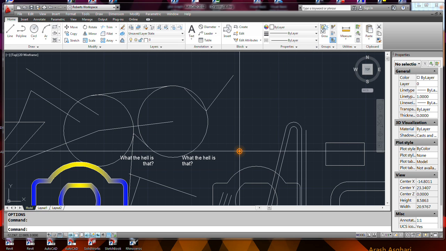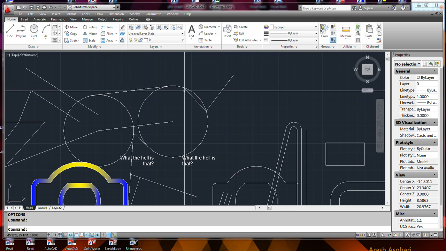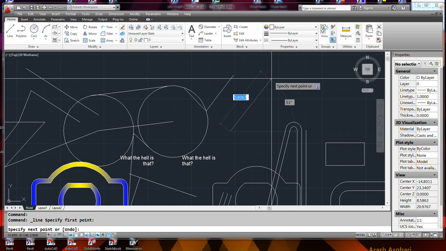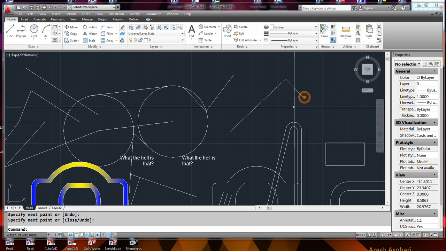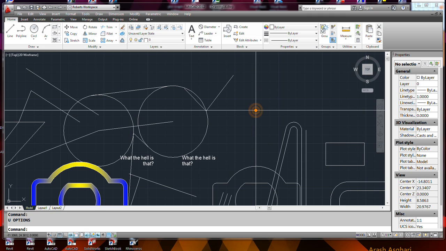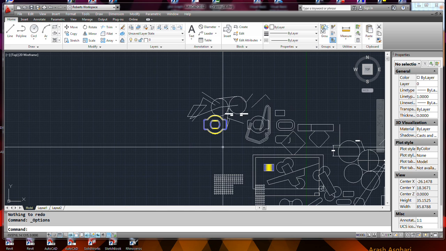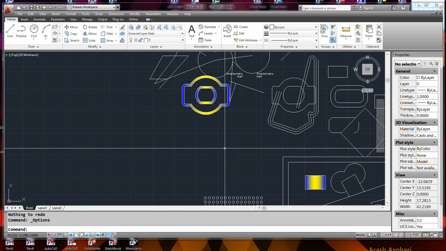Okay, thank God I learned how to turn off the zoom commands. It's here in user preferences right here. So that'll fix that problem. So now when I draw a line, I can press undo multiple times. Nope, doesn't work. Now what that does do, what I did click on,